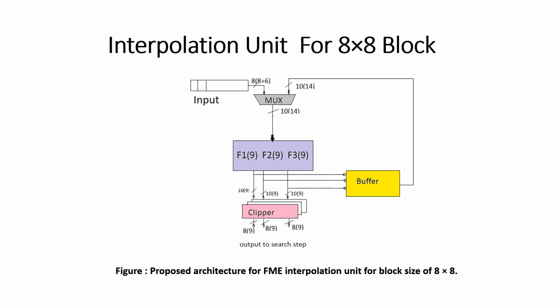And this is the interpolation unit for an 8x8 block. So there are 9 replicas of the proposed filter. Each time it gives a line as output, which contains 27 fractional samples. First 14 horizontal lines are interpolated and stored in the buffer. Then 8 vertical lines are interpolated. Then again using these 14 horizontal lines stored in the buffer, we interpolate our 27 diagonal samples. So the complete process requires 49 clock cycles, because at every clock cycle we get a line.